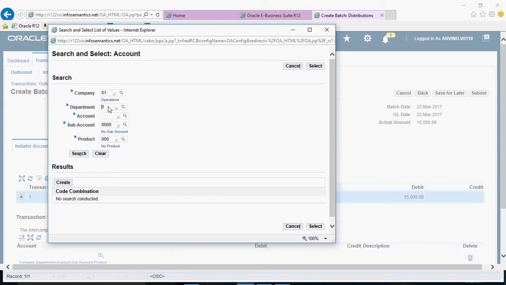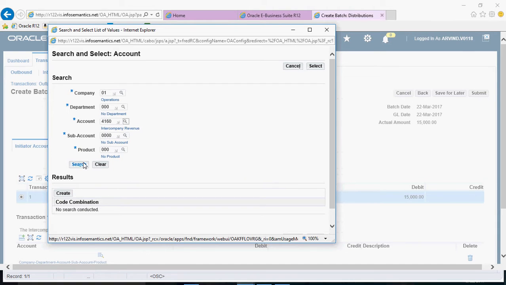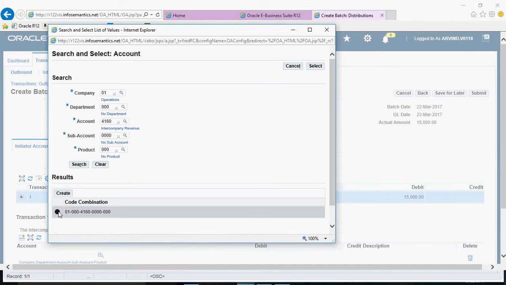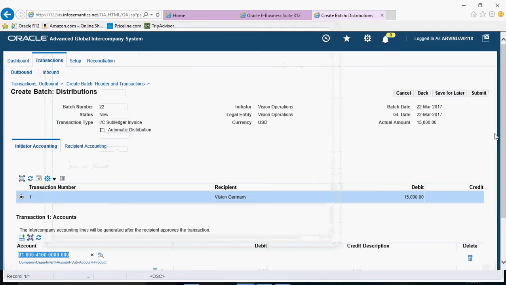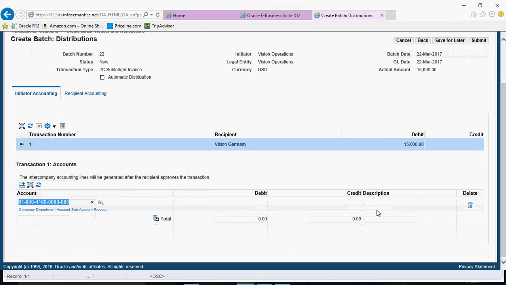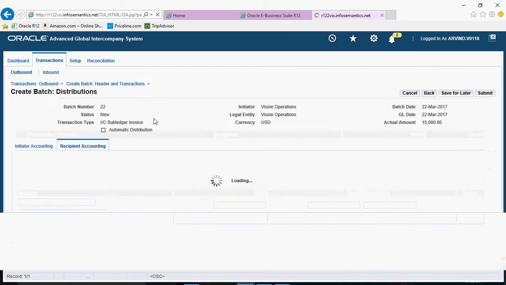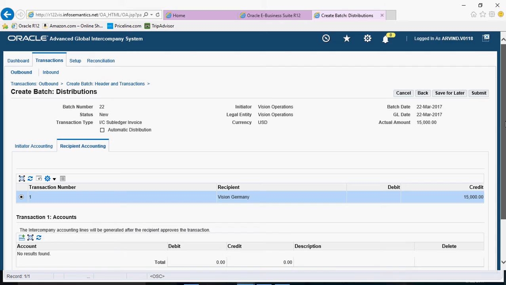I'll use one of the existing accounts, which is 4160. This is the intercompany revenue. Revenue in general will be credited. So you enter the revenue amount, the amount of $15,000 here, and then the recipient accounting,